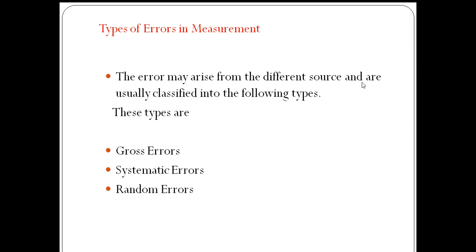Suppose you want to measure the temperature, and instead of placing the thermometer inside the tongue, we place it at some other location in our body, definitely the reading we get is somewhat lower. So by not choosing the proper method, that is an error. Here we have three types classified. We are going to discuss systematic error and random error. Random error is one for which the cause is unknown.